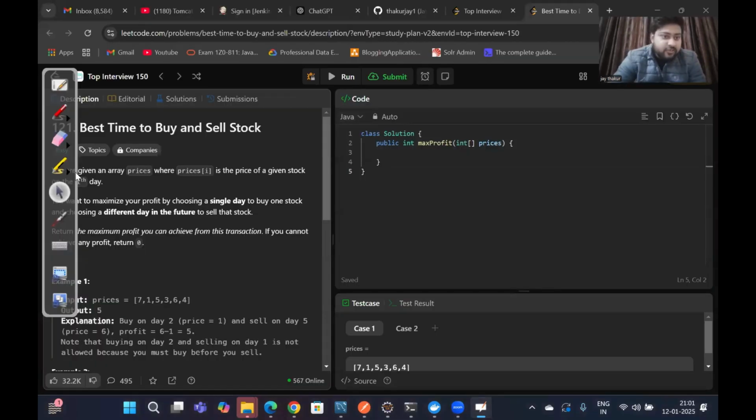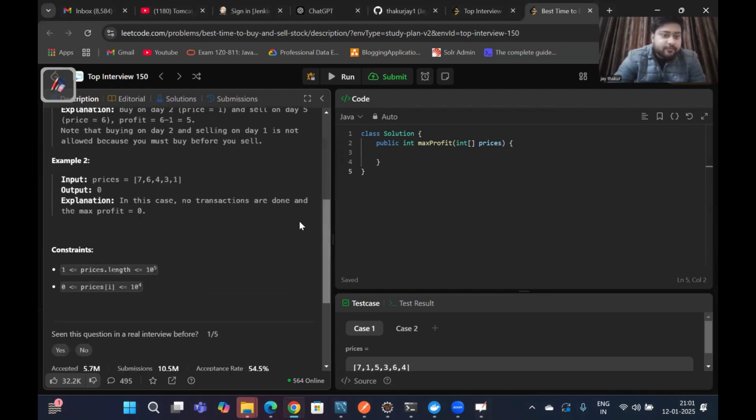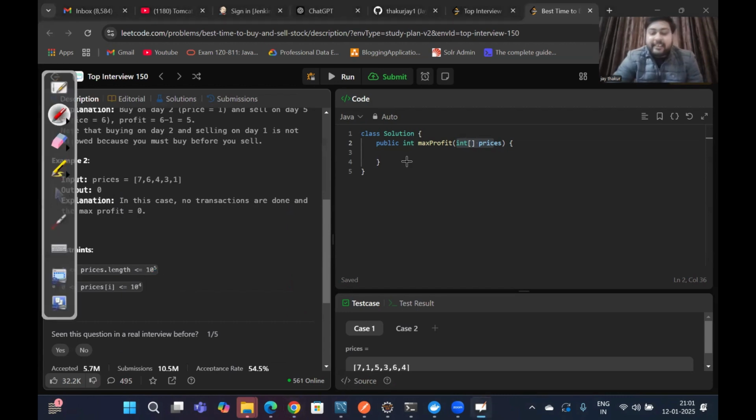If we look at the constraints here, it is saying that the length of this array prices varies from 1 to 10 to the power 5. So in the worst case, the number of elements in this array is equal to 10 to the power 5. And as we are designing this solution in O of n square, if the number of elements is 10 to the power 5, then 10 to the power 5 whole square is equal to 10 to the power 10. So this many iterations will execute in the worst case using this O of n square algorithm. But this solution will not get accepted as it can only handle about 10 to the power 9 iterations. If there are more than 10 to the power 9 iterations, it will simply fail and throw